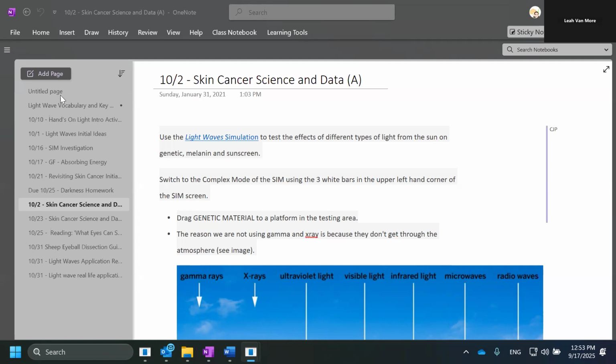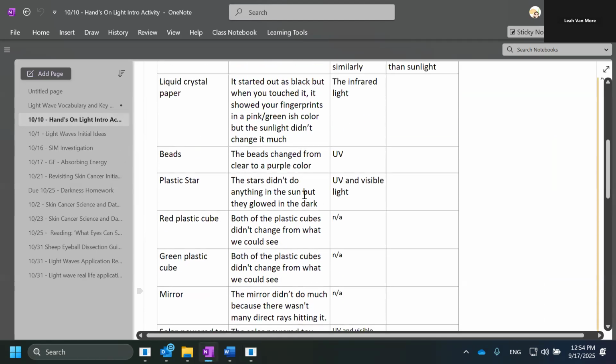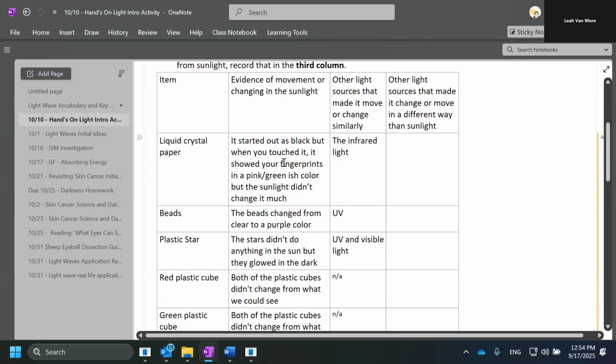In each unit, there is a list of activities that we will do, as you can see on the left-hand side here. And you'll notice that most of the activities have a date associated with them. So you can see what we're doing on any specific day. If I click on this one from 1010, I can look through this student's work and see that they have